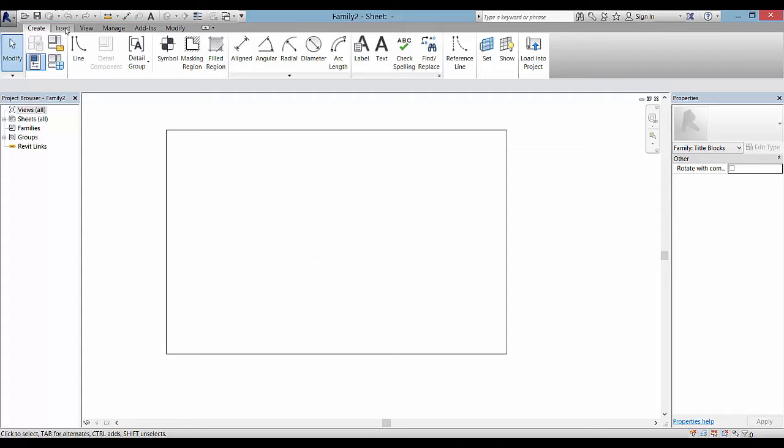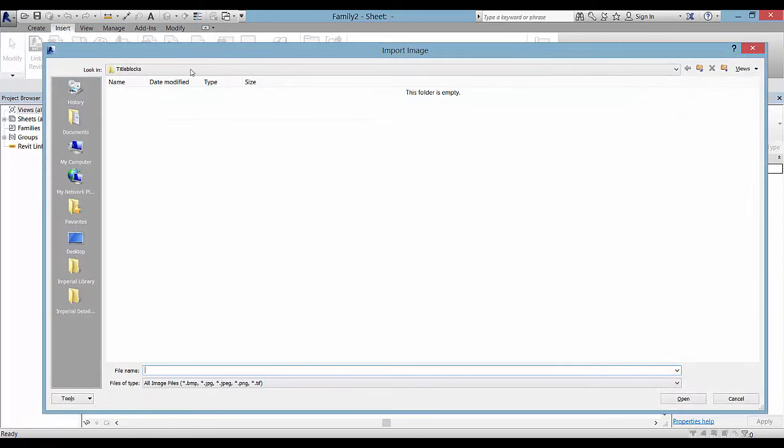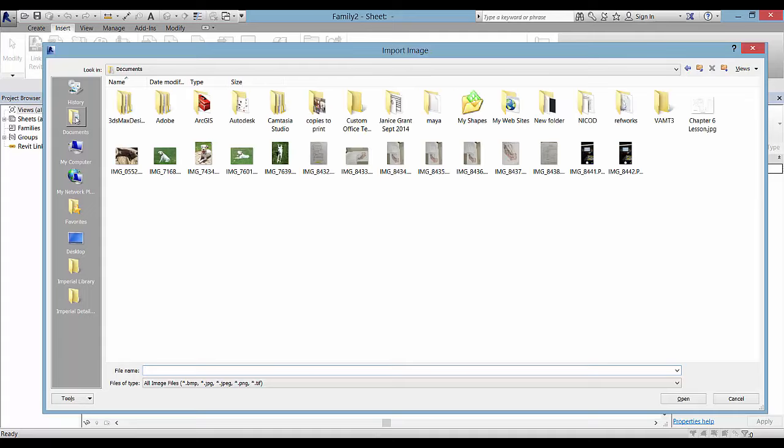Then you go into Insert and Image and navigate over to your image file,